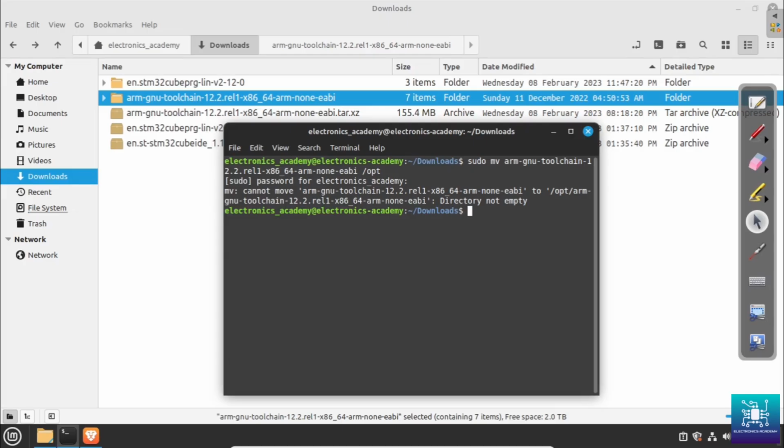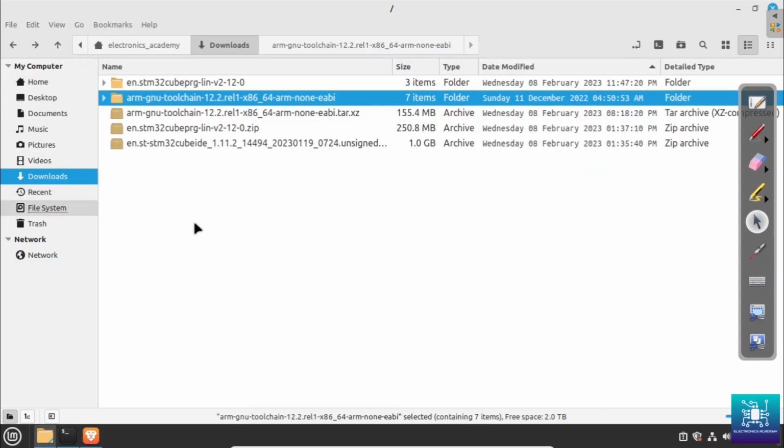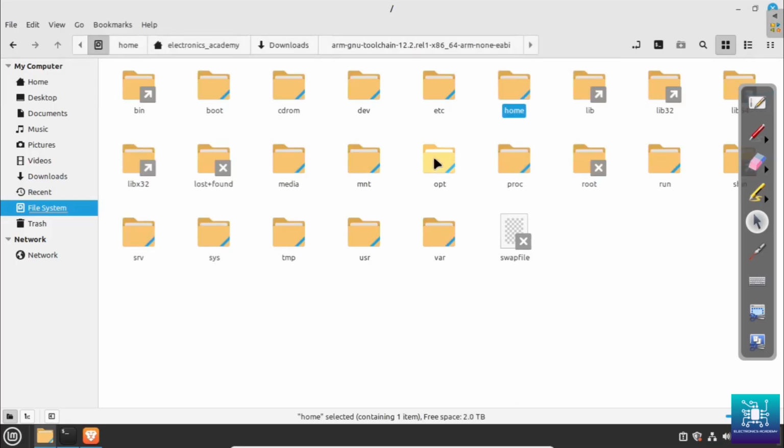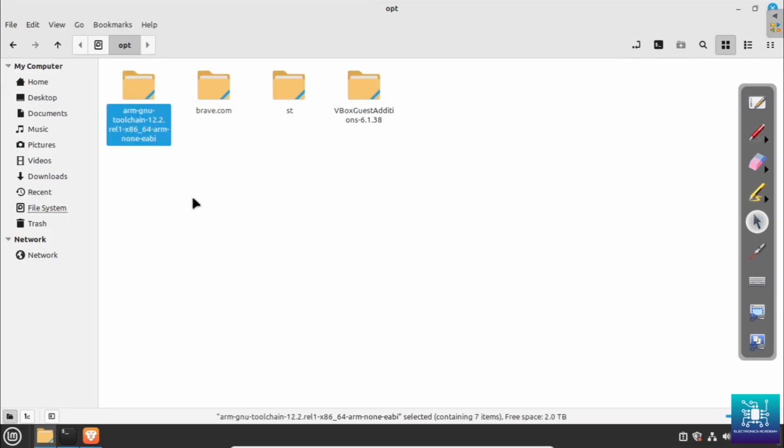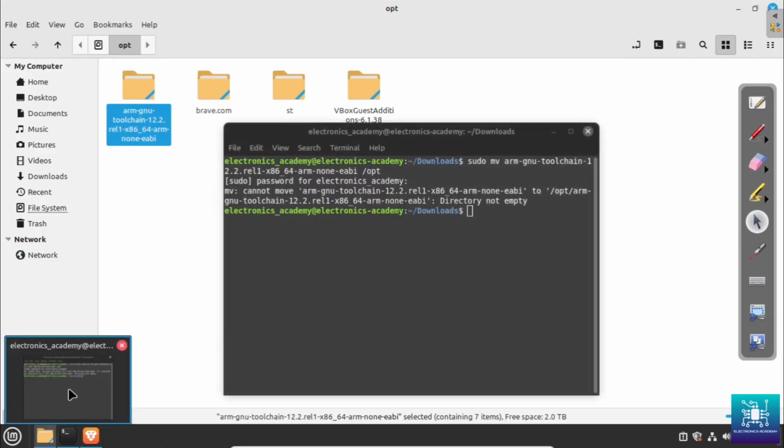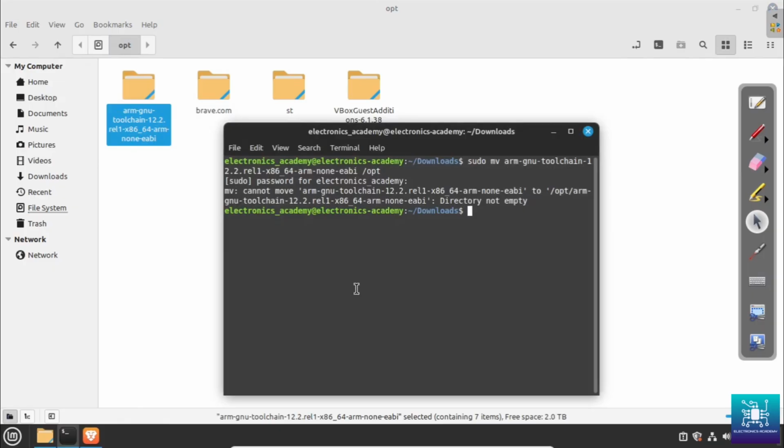Okay, now I have already moved it, so you will see this message. I'll show you that this is already moved here. If you deleted this now, it will not delete because this is in the root directory. To begin with, you will not have this folder. When you do that move, you are going to see that your folder has come and sit here. That's all you need to do. Once you have moved that folder to this location /opt,